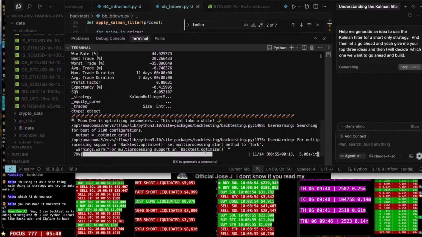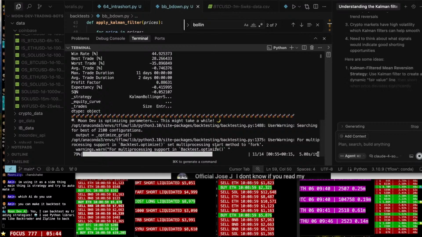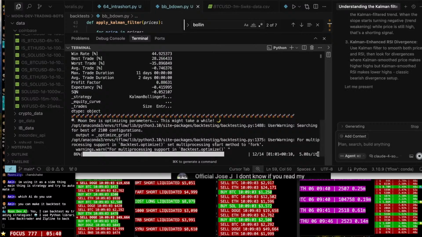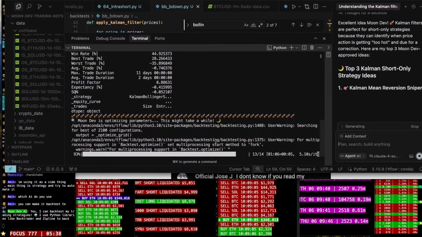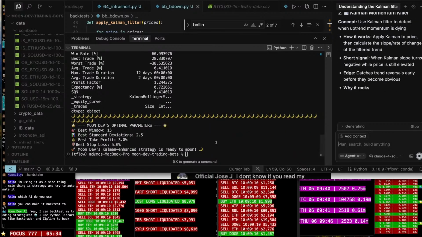So this is now optimizing. These results should be better, but it's a little tricky with optimization. You don't want to over optimize. If you optimize long enough, you'll find something that's good, and it's a double-edged sword. It makes you feel good, but